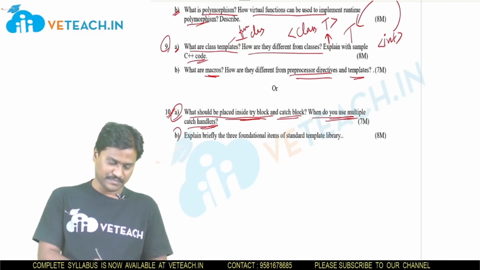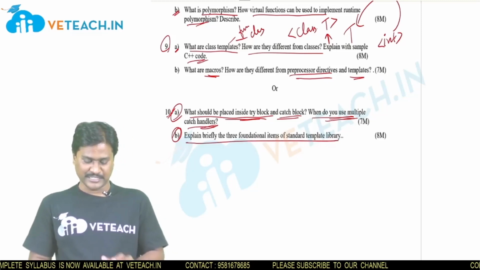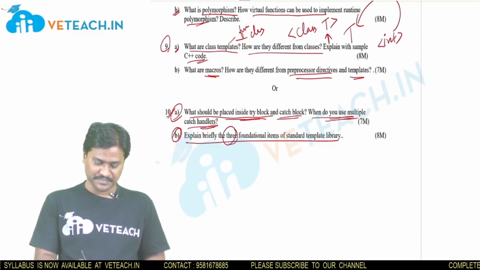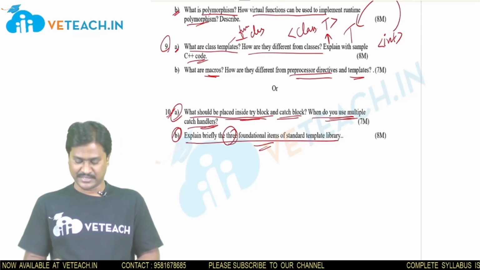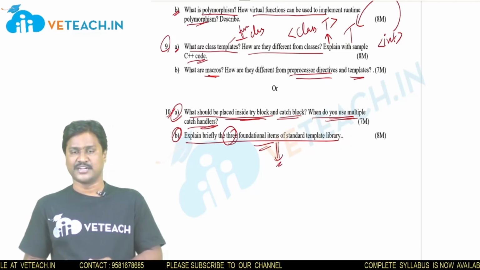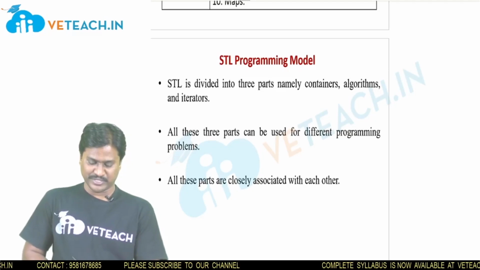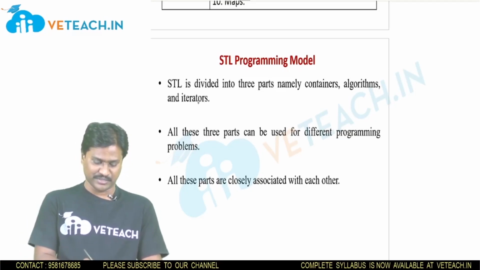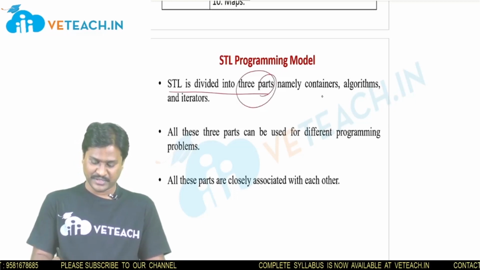Next, coming to the B question in the 10th question. Here, explain briefly the three functional items of the standard template library. There are three important items for the standard template library, and let me explain them one by one. Okay, the STL is divided into three parts, namely